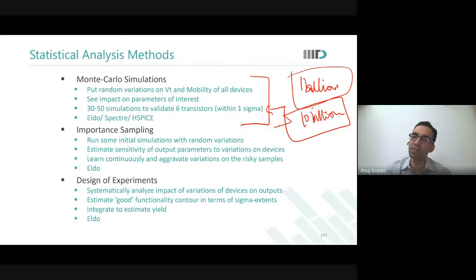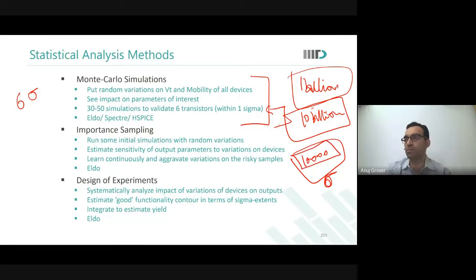You cannot do that. That is why we always talk of it in terms of sigma, because we cannot really say that I have seen all failures. So you run 1000 simulations or 10,000 simulations and you estimate the sigma value from it. Now in those 10,000 simulations, no cell may have failed, but that doesn't mean that your design is robust. You go to the statistics and you say that, okay, I know my distribution is Gaussian, I will go to 6 sigma extent. I know my distribution is log normal, I will go to X sigma extent, and so on.